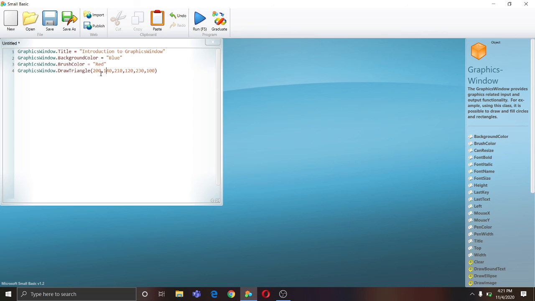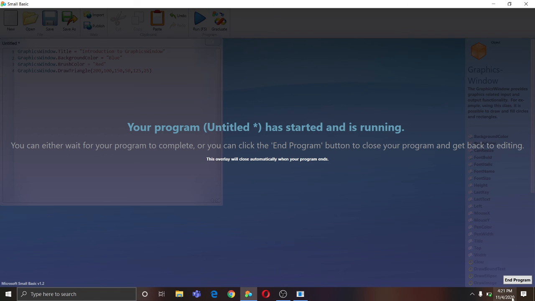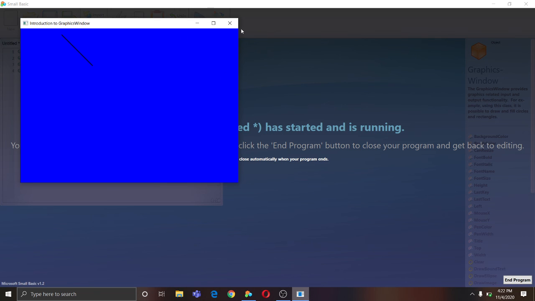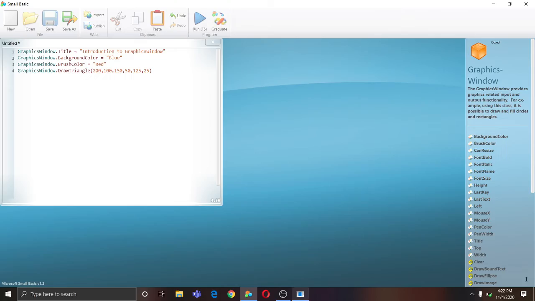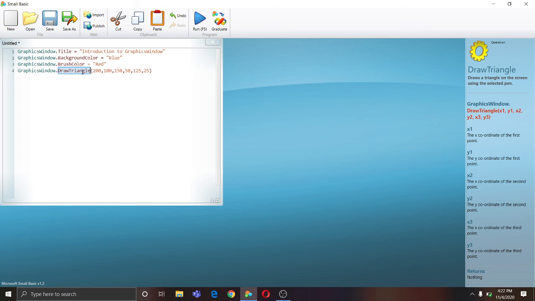I'll set this as 200 and this as 100, then this as 150, this as 50, then I'll set this as 125, this as 20. It is here, but it's still not drawing a triangle. So leave the triangle.